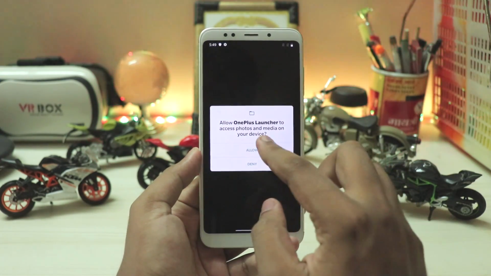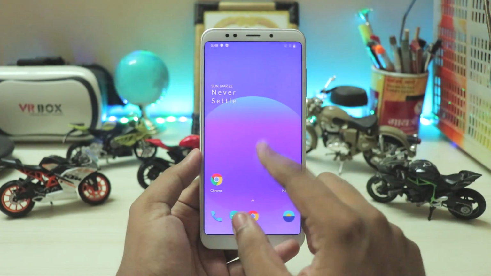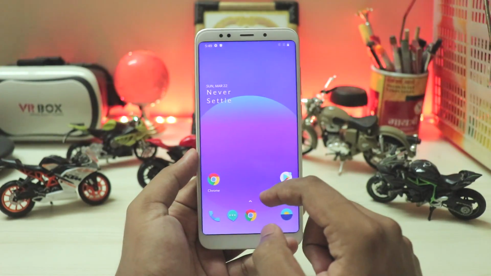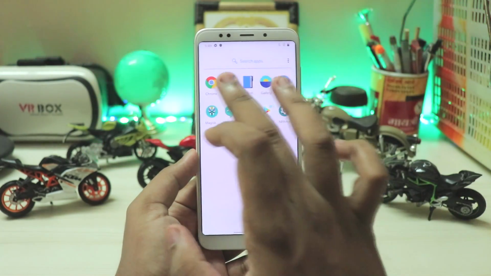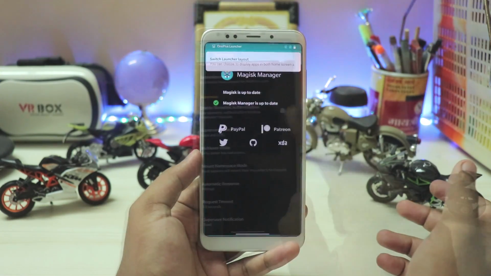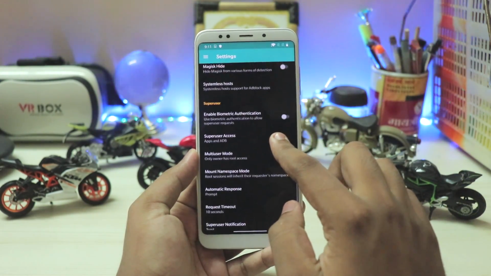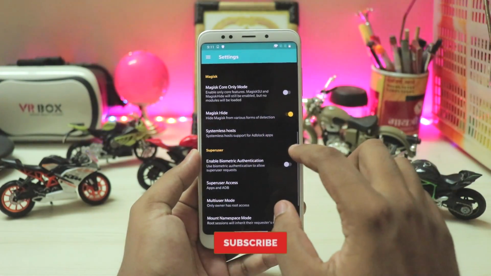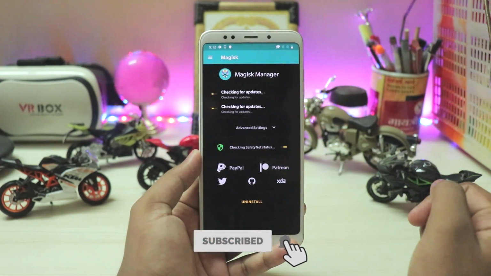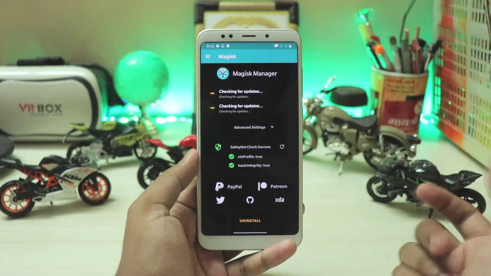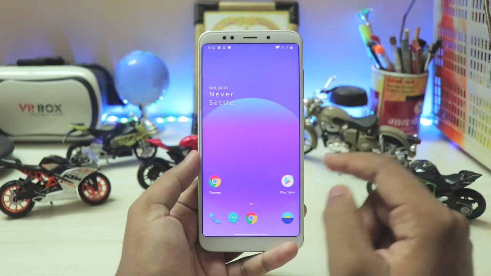Yeah, and there are no after-boot fixes that are needed right over here. I will just show you quickly how you can enable your banking apps. So directly go to the Magisk for it. Make sure you are connected to the Wi-Fi. So again, coming right over here, you have to just go to settings, scroll down, select Magisk Hide, come back, then just try to test the SafetyNet, and there you go, completely bypassed. You are free to use your banking apps, and then you can just come back.